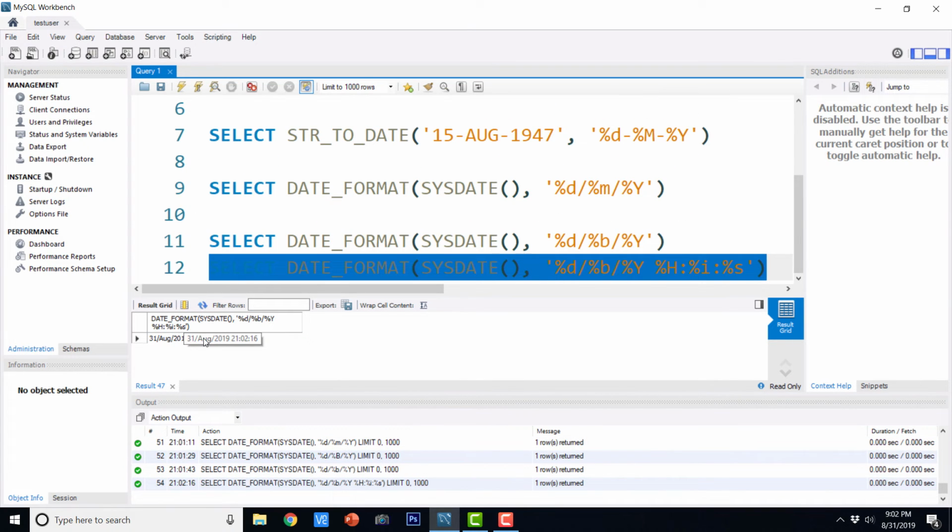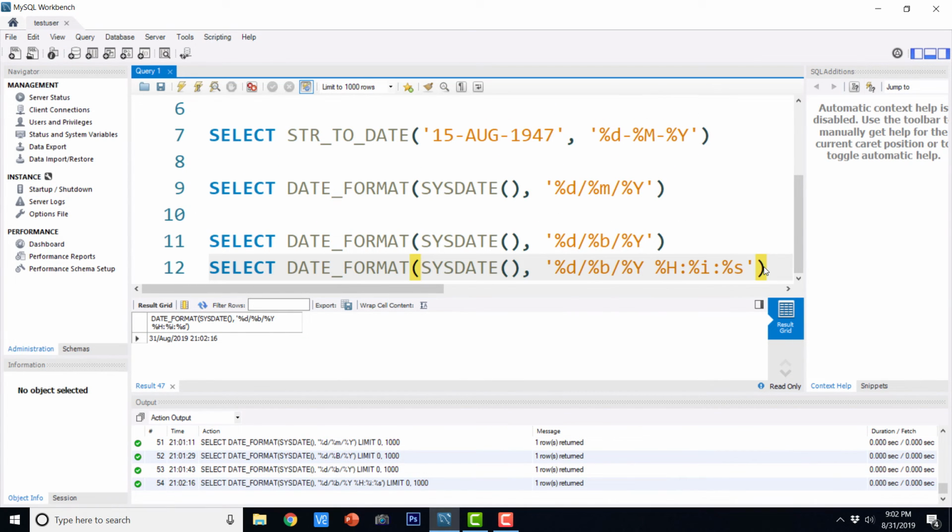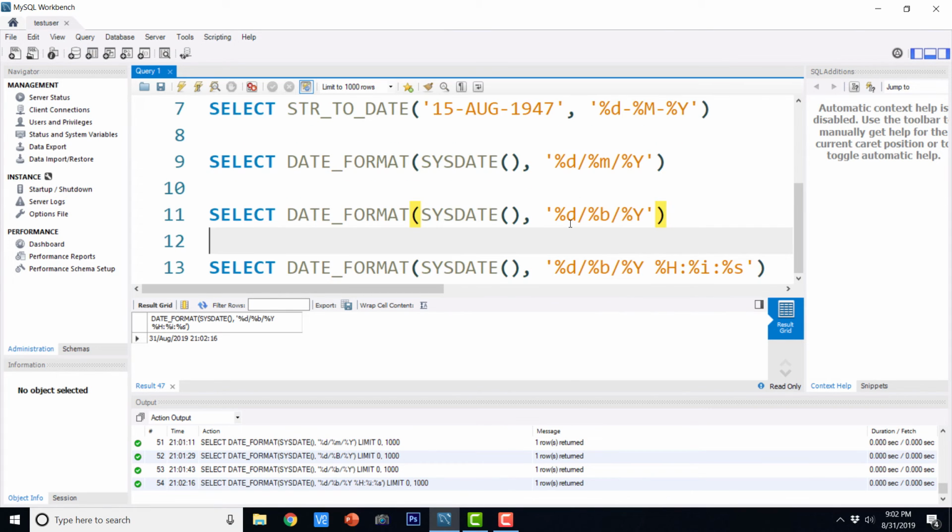So this is the date and the current time. So this way you can experiment with various types of formats and show the date in the format you want. So the first argument could be the sysdate or any datetime column in the database table, as I told you already. And the second argument is the string that has the format.